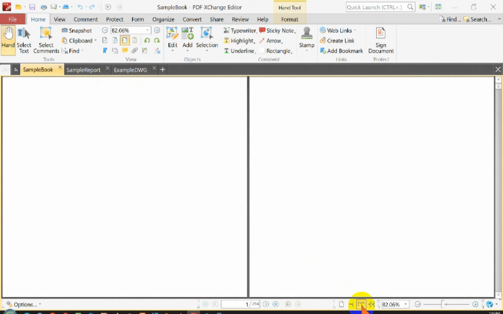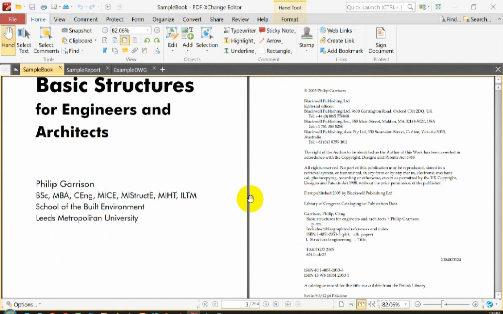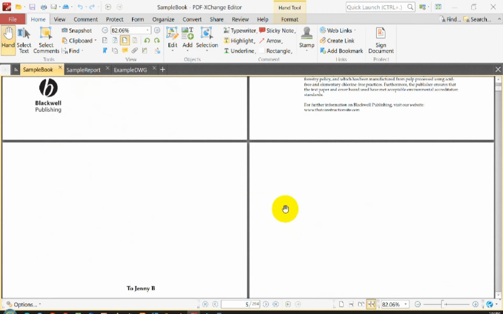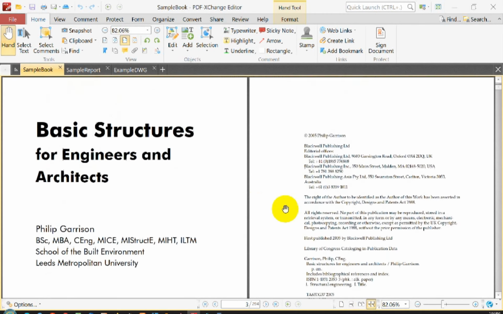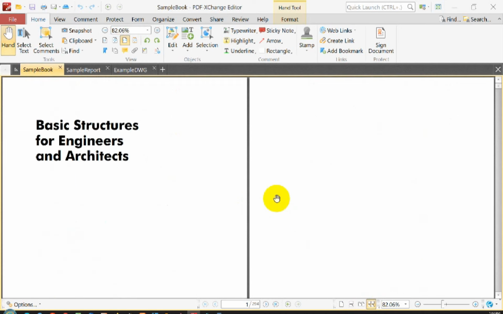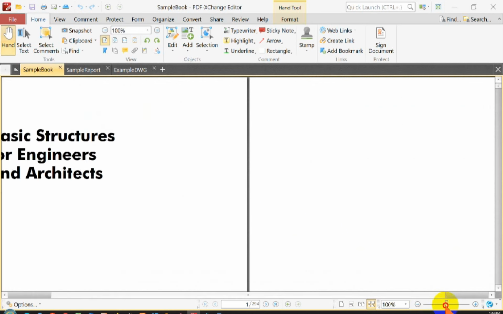This one is looking at two pages at the same time. This one is looking at four pages continuously. Okay, so there are icons there that will facilitate how you view documents. Also at the top, this one is a slider. You can zoom in and zoom out. Okay,